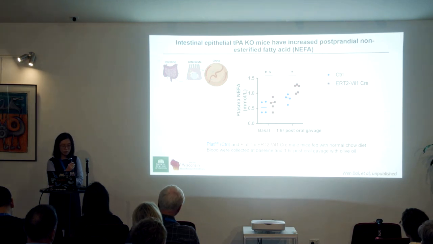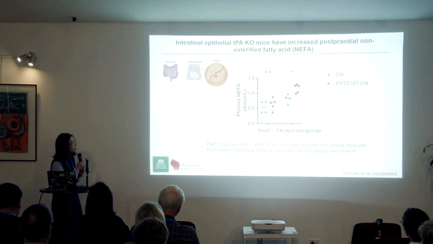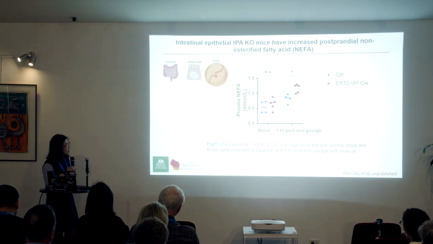He made the intestinal epithelial TPA-specific knockout mice, and we challenged the mice with olive oil gavage. Under the basal condition, without the olive oil gavage, there is no plasma non-esterified fatty acid level difference. However, after the olive oil gavage, the intestinal epithelial TPA knockout mice have a sharp increase in the